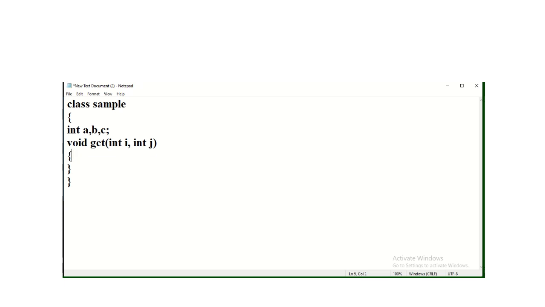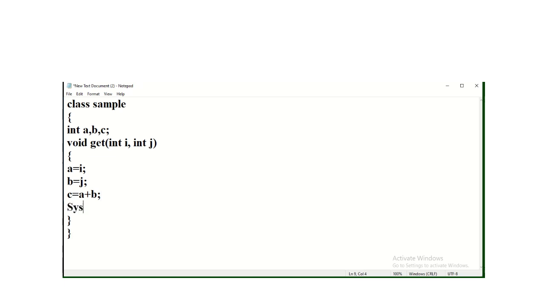Now assign these parameter values to the variables: a equals i, b equals j, and c equals a plus b.